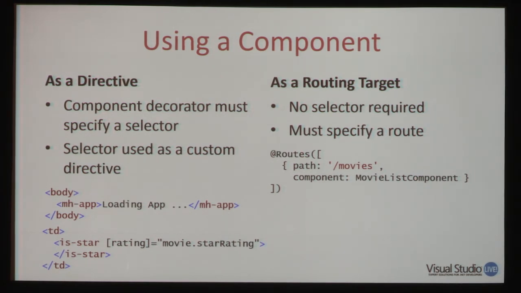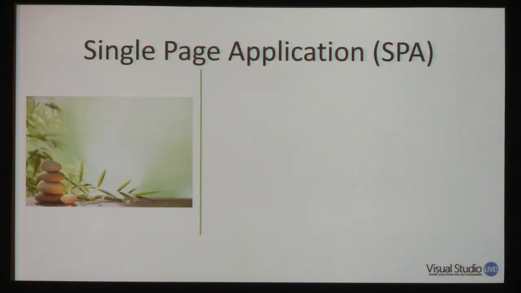So you notice the add on that. So it's a decorator. We're going to decorate that on a class. And we're going to say these are what our routes are. So we define a path, and that's what's going to be in our address bar. And we specify the component name of the component we want to load. So our path for our movie list might just be /movies, and we want to load the movie list component. Okay, so that's how we're going to route to these things.